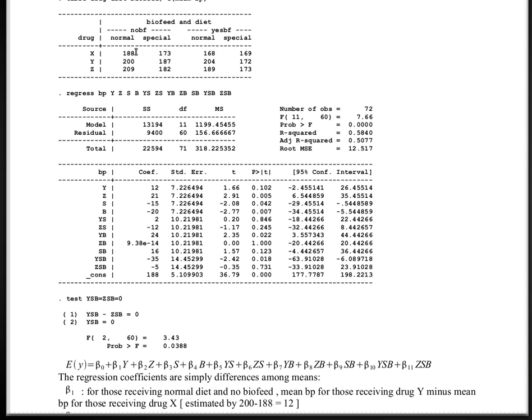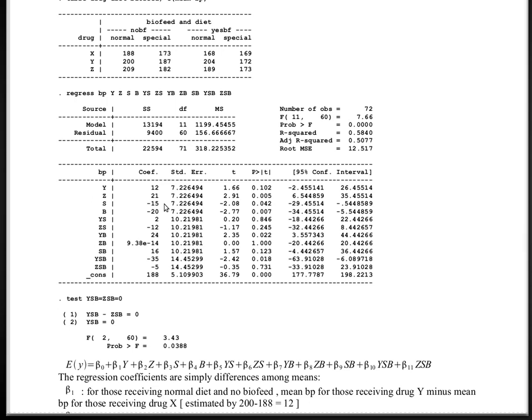So notice the regression coefficient is said to be specific. It is a comparison between special diet and normal diet, but specific to the baseline level of the other two, drug X and no biofeedback. Okay? So this regression coefficient, minus 15, is not the same as the main effect comparison we get from the